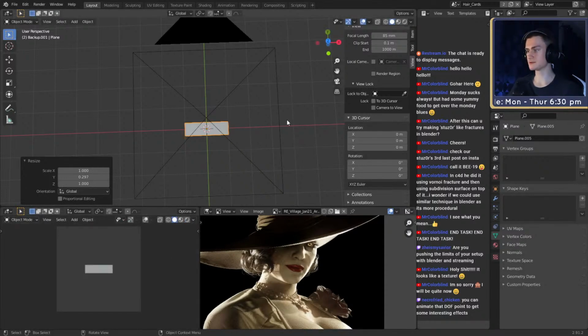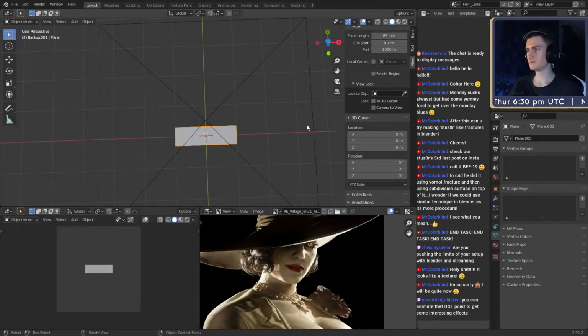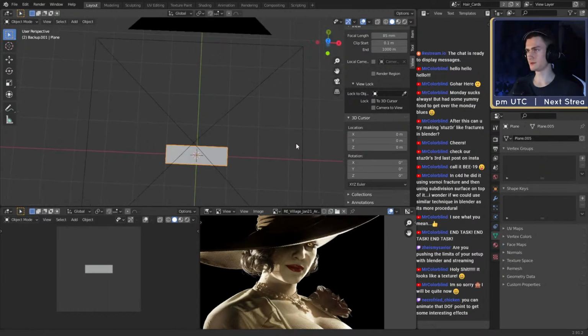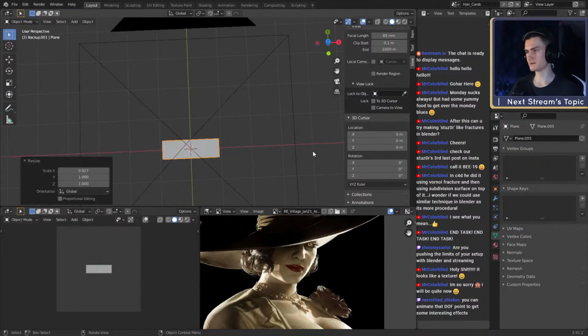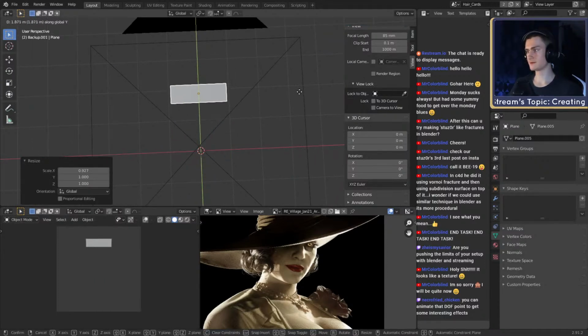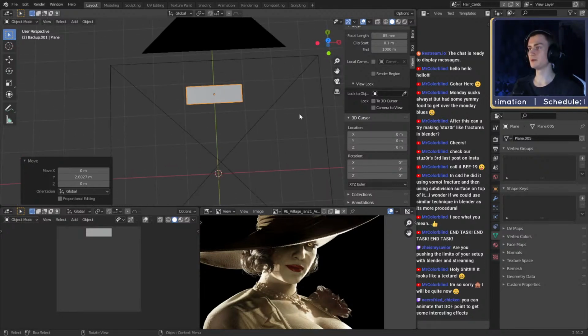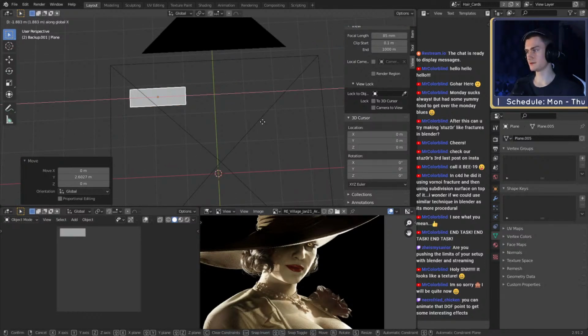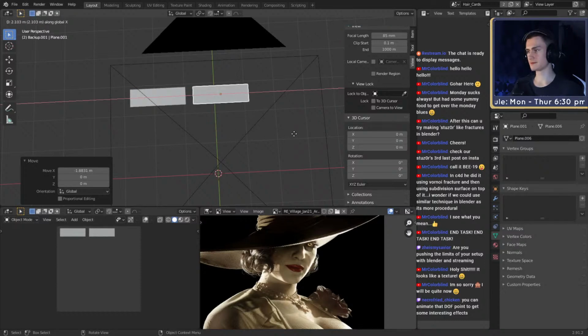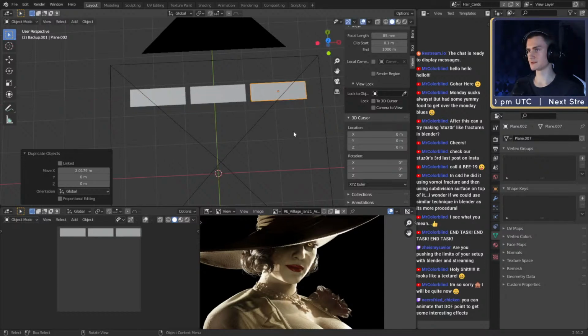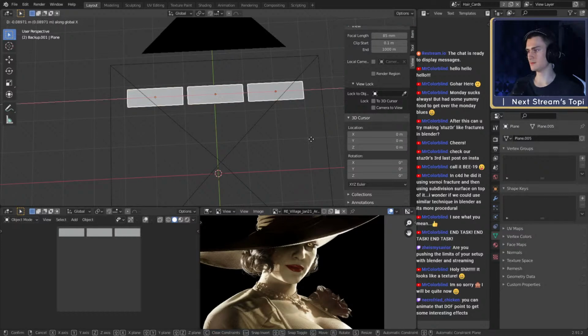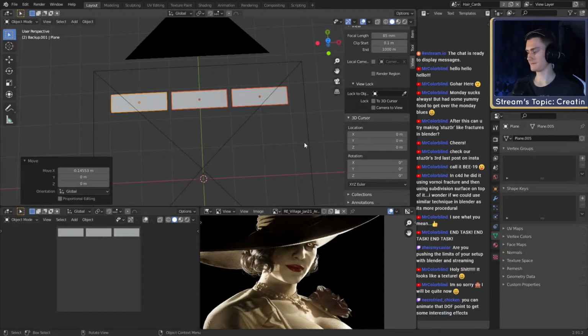Let's switch back to solid view so we can see it easier. And we need 3. So what we could do is make this a little bit thinner, move it over to the edge, because what we're going to do is lay out the hair coming from this plane all the way to the bottom. So we have long hair we can use then. What we're going to do is just move this over, duplicate the plane. So we have one in the middle, and then duplicate it again. So we have one on the right side. We can then move it more to the center so they're all in the frame.